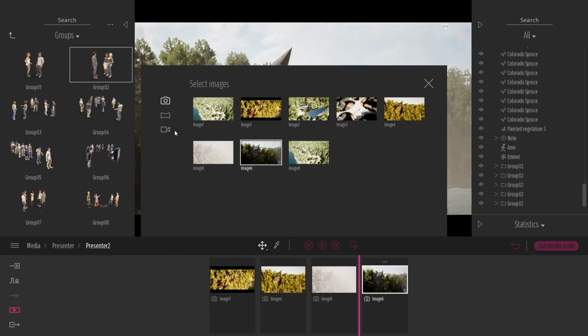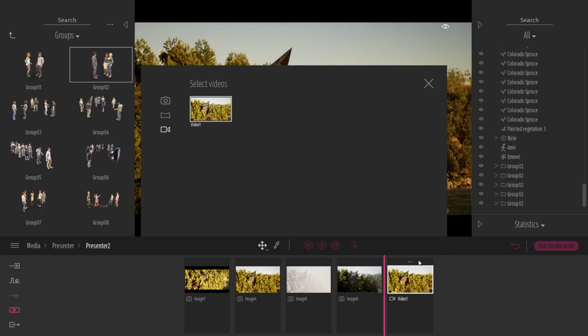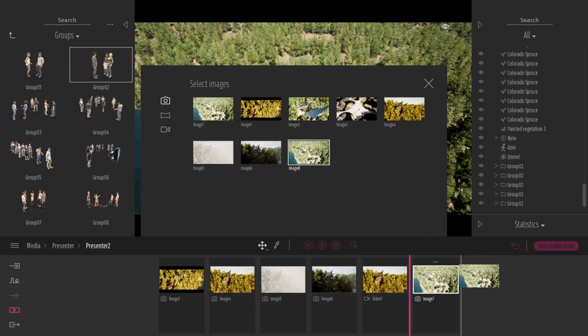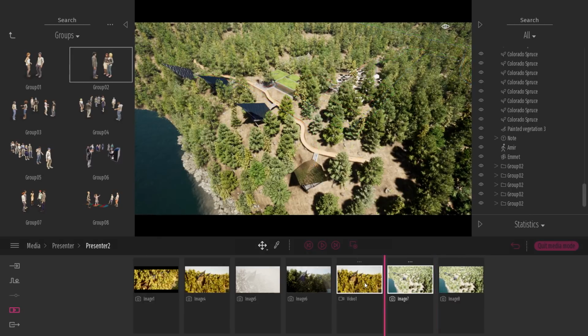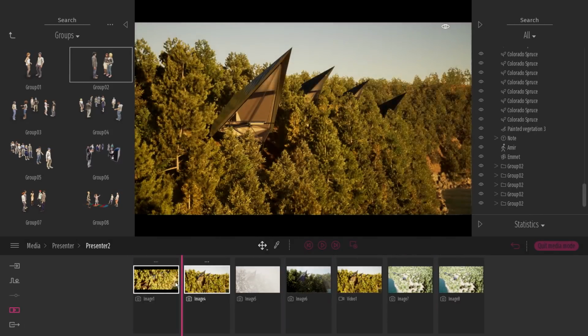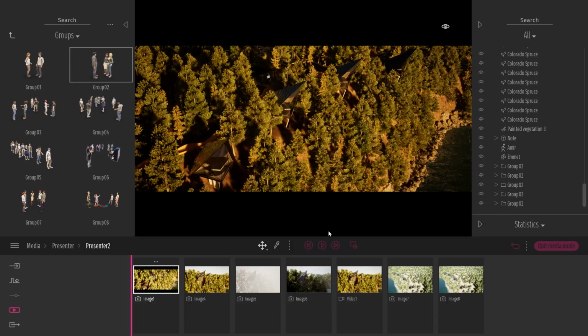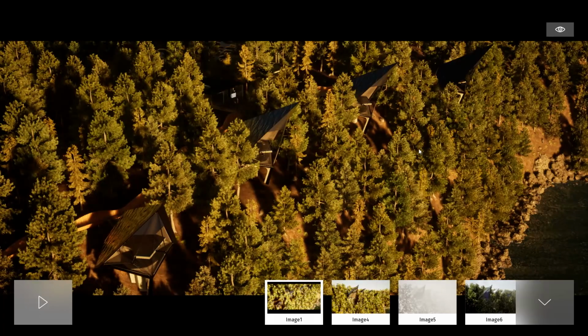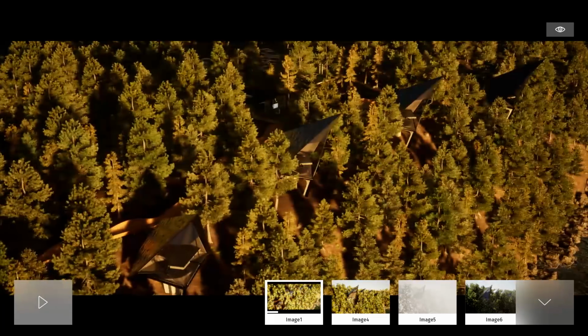So let me just drag a couple of images. I can drag and drop also a video, maybe some more images like the one with and without the MEP. So here I can create my presentation. And at the end, I export that as a standalone viewer. When my client double-clicks on the executable file, it will be just like that, in full screen mode. The presentation could be open, it could be free. That means that the user can either play the presentation or he can just navigate wherever he wants.